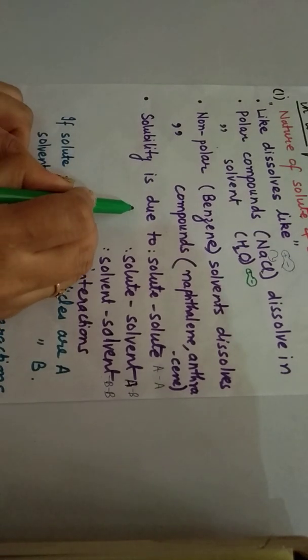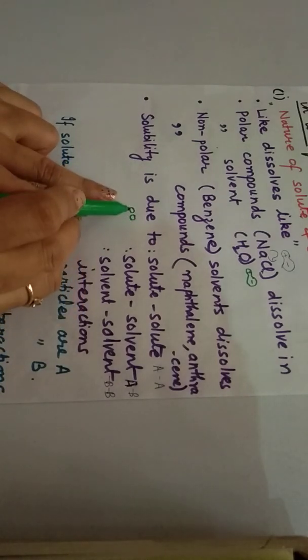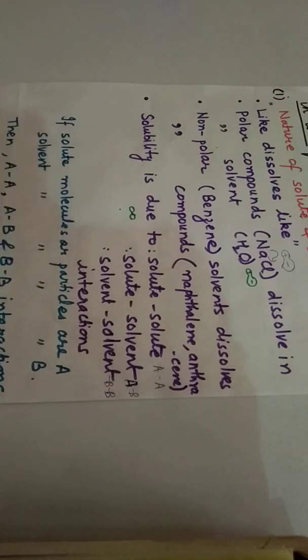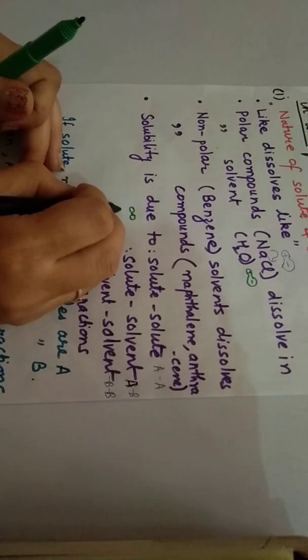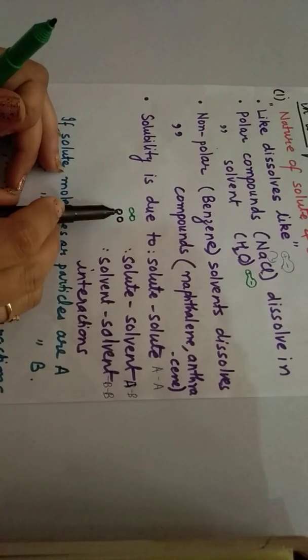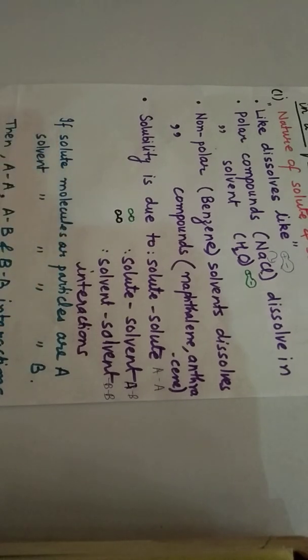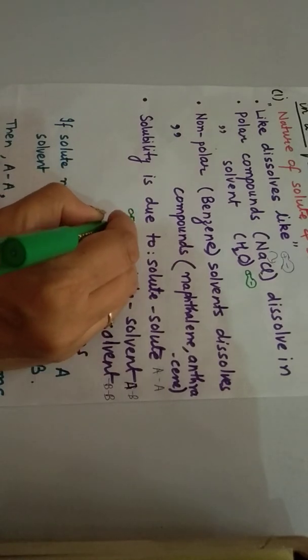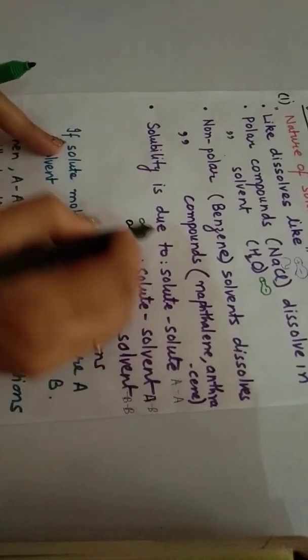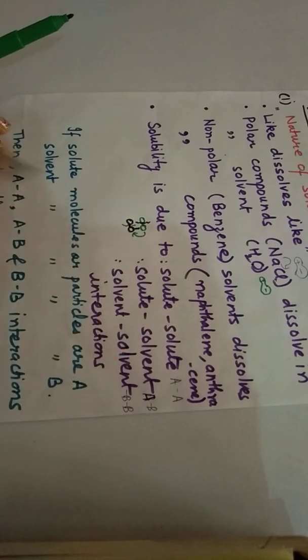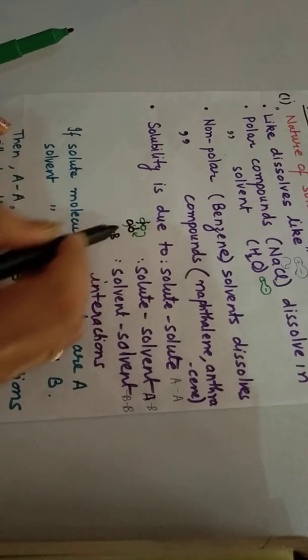So, as you know, you have added sugar. All the sugar particles are friends. In the same way, there are water molecules. All the water molecules are also friends. So there is molecular interaction between water molecules. Now, what you have done, you have added this to this. As a result of which, what will happen? These bonds will break and new bond will be formed. So AB bond will be formed.